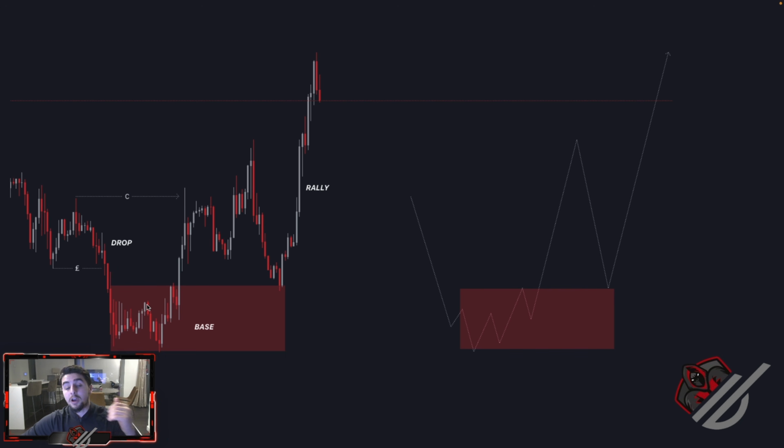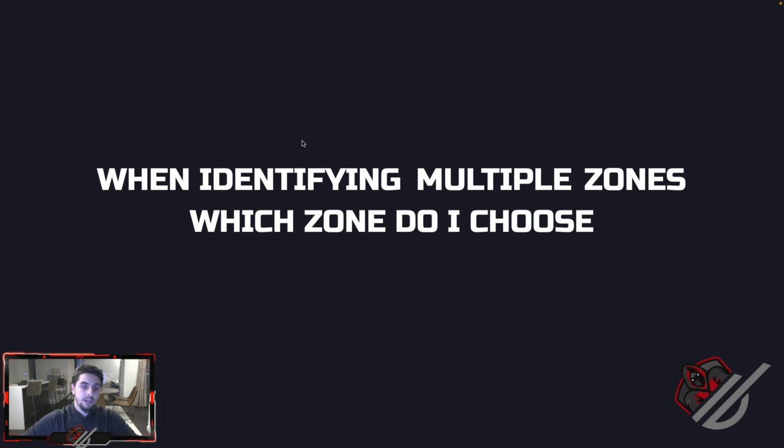This is identified as a reversal, which is why when we mark out our base, this is a reversal zone and not a continuation zone. So when price pulls back into this area, we then look to buy up to continue that last rally. Okay, now to the main and the most important question that you guys all have, and that is when identifying